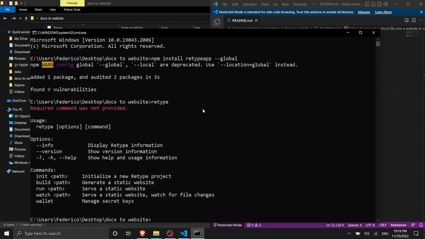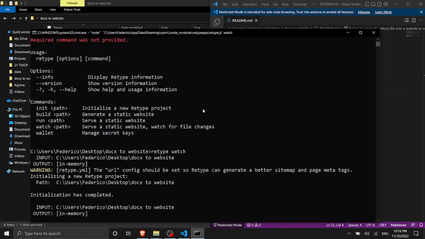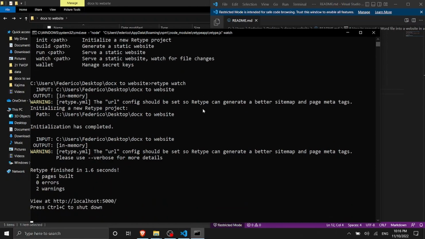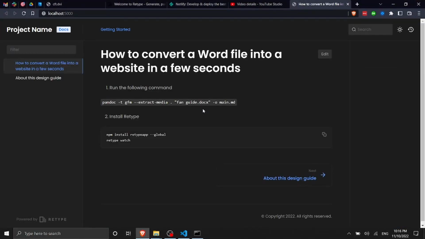So let's type retype. Of course, this is not correct. We have to say retype watch, and then let's run it. As you can see here, it is running, it's super fast, and here on localhost port 5000 it is creating our website. And here we have our beautiful website in almost no time.